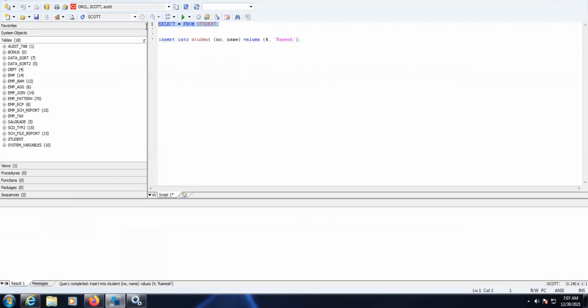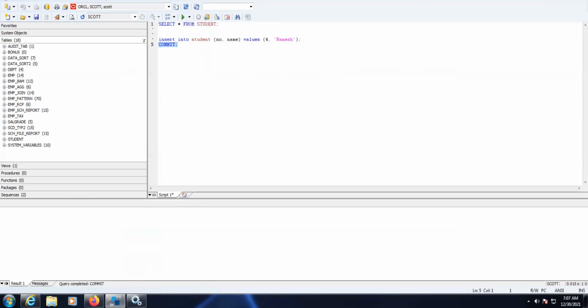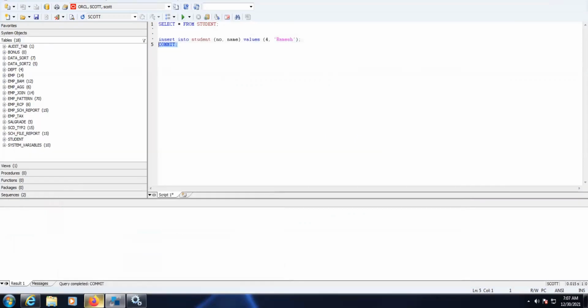So now let's check the data here. So we have number 4 with a null value. So what I will do is I will commit the data. And I will insert one more record, number 5, Madhu. M-A-T-H-E.